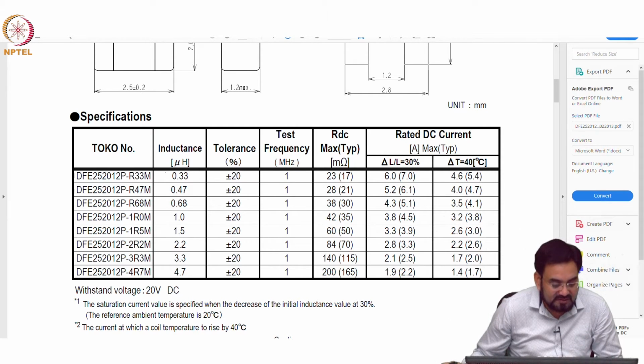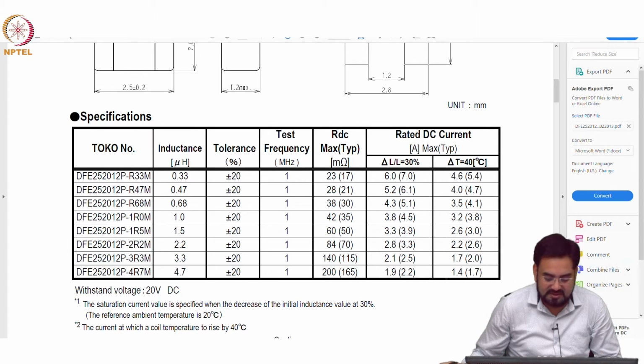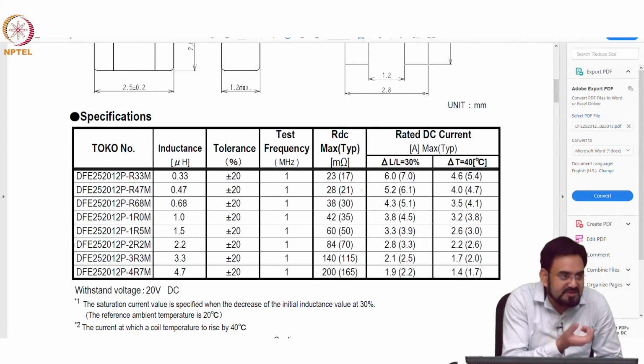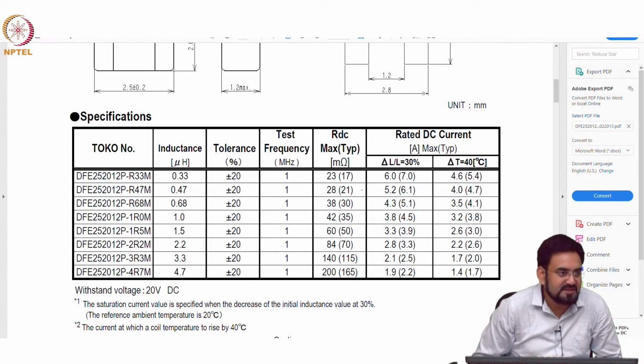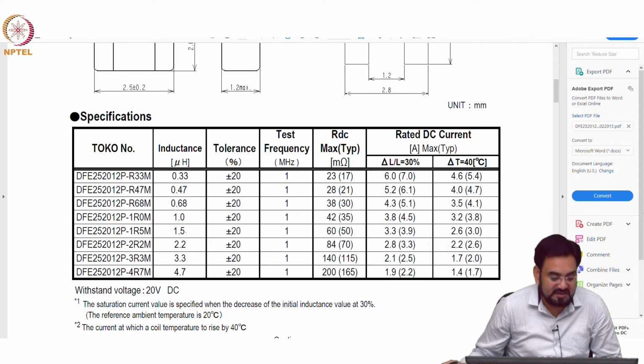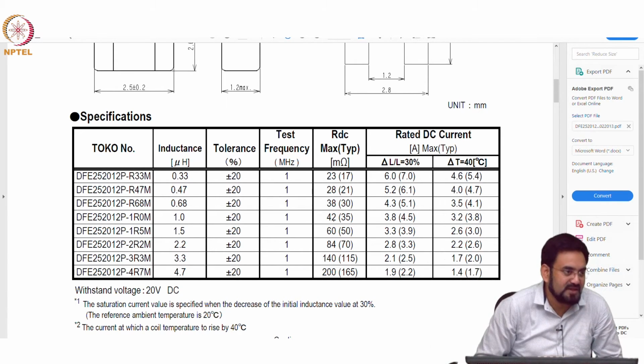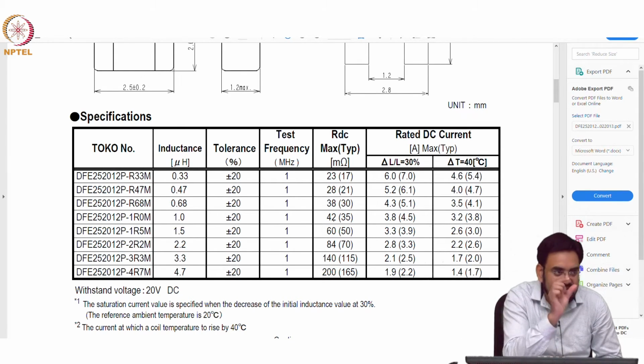So, let us say if you are looking at the same value inductor in a smaller package, all the specs will change, because smaller size means your thickness of the coil, okay, and everything will change and your DCR will increase. That is why if you look at power inductors, let us say 1 microhenry, I am looking at 10 milliohm kind of a DCR, your inductor will be really big actually, and you can look at any converter which is catering to 10 amp kind of current, you can see the inductor will be the biggest component on that.